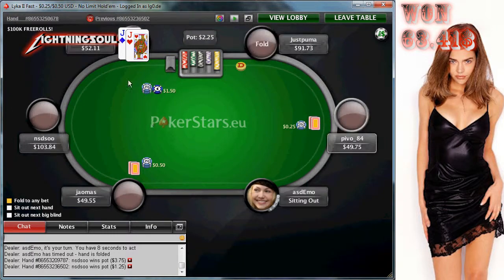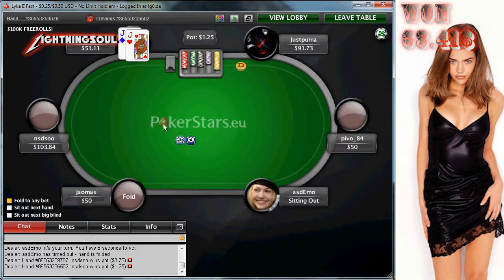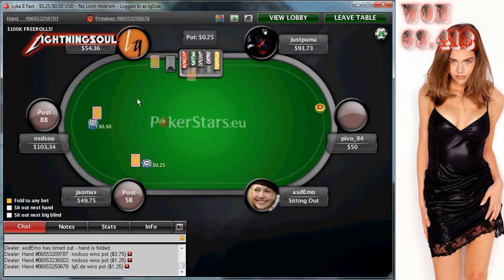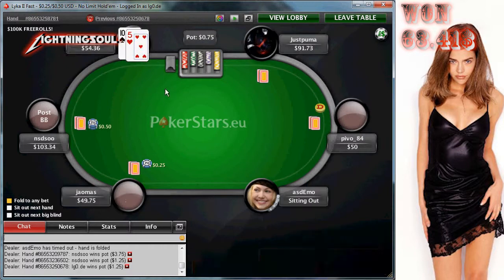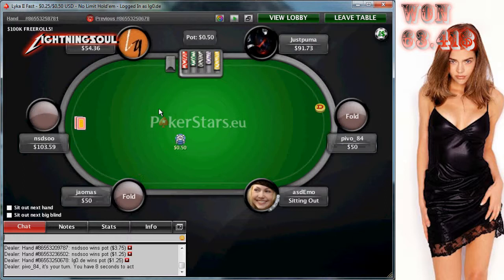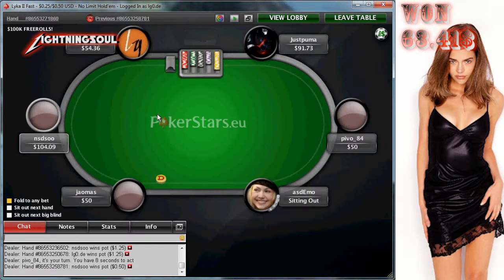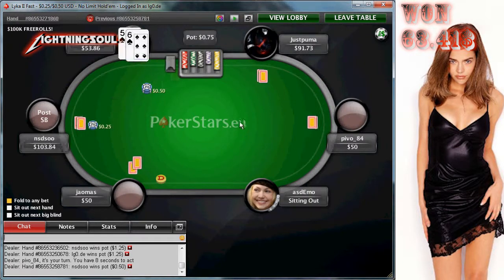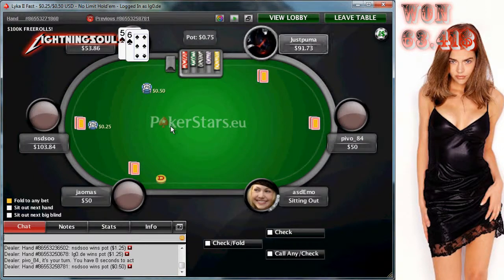So if you have a pair pre-flop and you want to know if you can hit a set on the flop, then you have 2 cards that you can hit, because you have a pair and there are only 2 cards of this kind left. And then you have 3 cards on the flop. This means 3 multiplied by 2 is 6%, multiplied by 2 cards is 12%. So hitting a set on the flop is 12% for every pair. It doesn't matter how big it is, of course. And hitting it by the river is